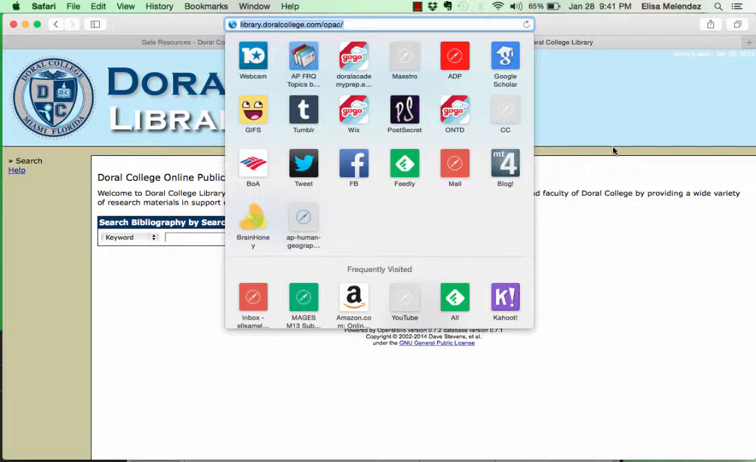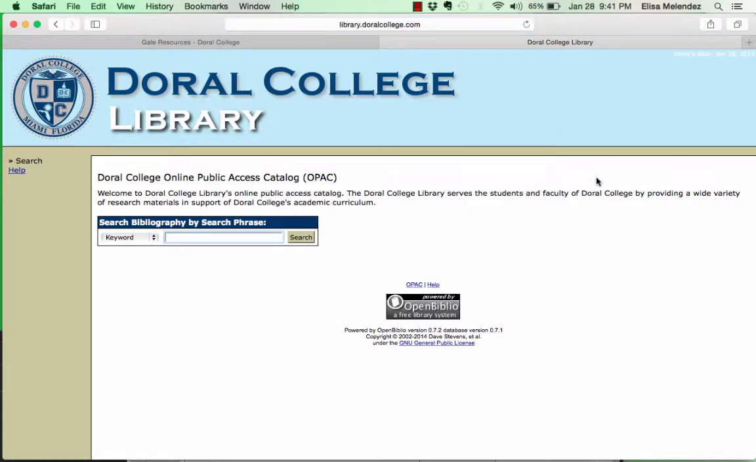library.doralcollege.com/OPAC. I forgot to add that in. So it may be hard because you're trying to use a keyword search, but you don't actually know what books they have, and you might have a specific keyword for something, and then it might return with absolutely no results. It might be easier, especially since the number of books is relatively low at the moment, to instead do this